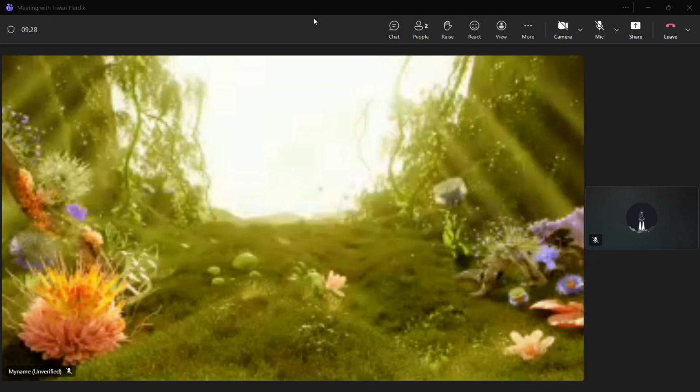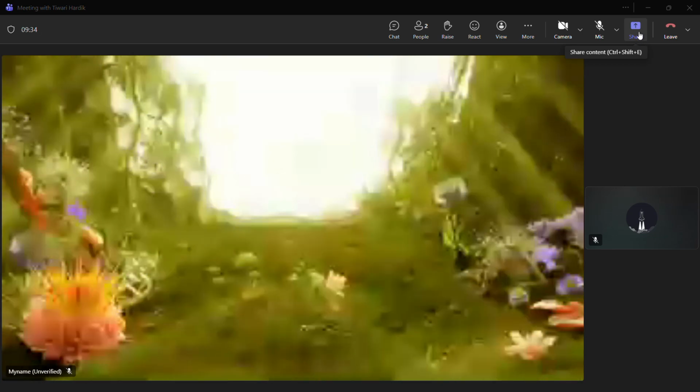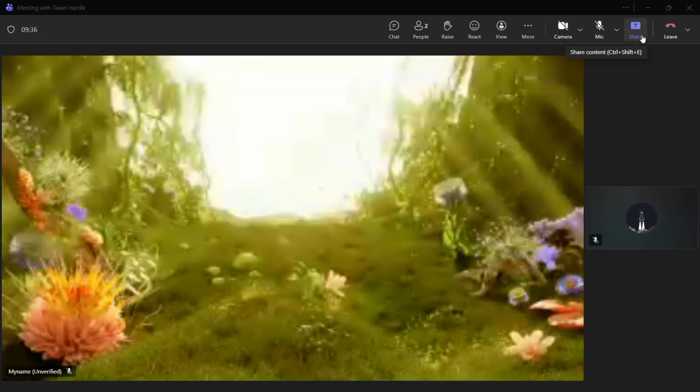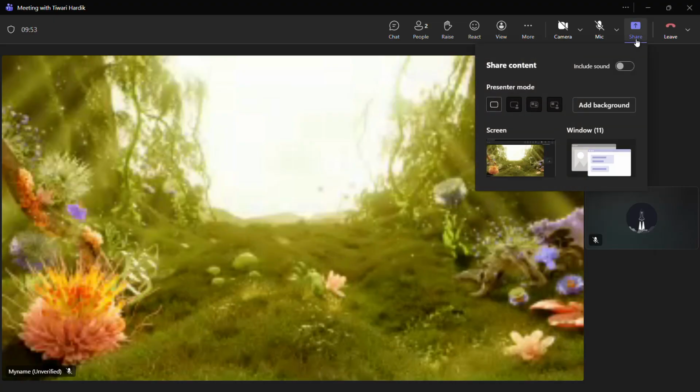So all you will need to do is simply click onto this share button that you can see right here on the top panel. So once you join the meeting, you will be able to see this share button right here, or alternatively, you may also choose to use this shortcut that is appearing, which is Control Shift and the E key. So you can use the Control Shift and E shortcut or simply click onto this share button, and